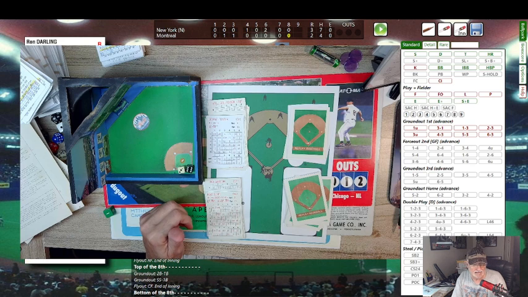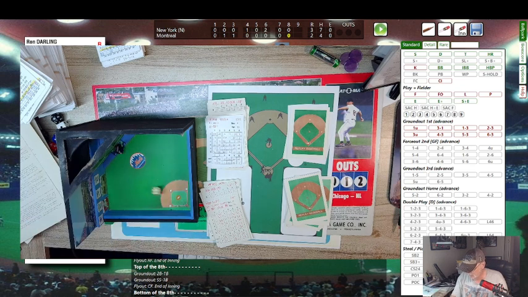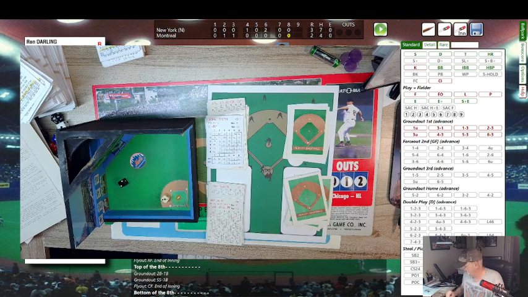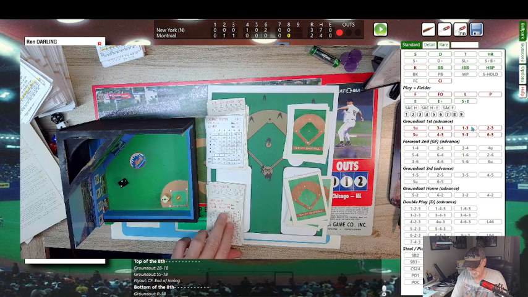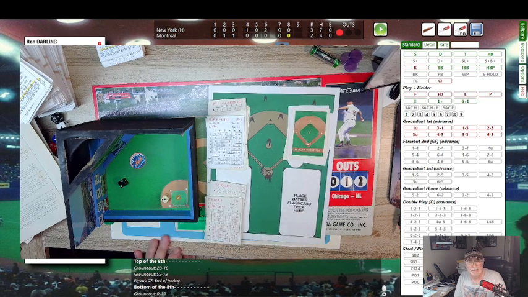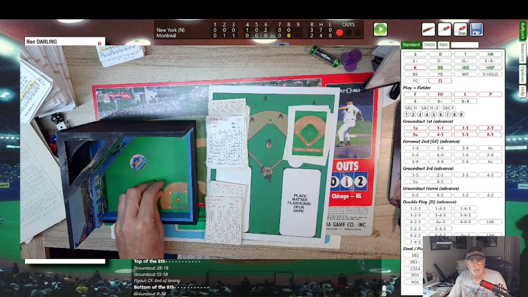So Tony Scott will pinch hit. He's a switch hitter, batting .254 in the season. And here's the pitch from Darling. I'm going to get this a little bit closer to me. Here's the pitch. Ron Darling, it's a 2 and a 3, and that's going to be a 41 on column 2, and that 41 turns into a hard hit ball right up the middle, and it's snagged by Darling over to first and in time. 1-3, one away. So pinch hitter Scott hits it hard up the middle, but Darling, who's known for his defensive ability, was able to make that play.